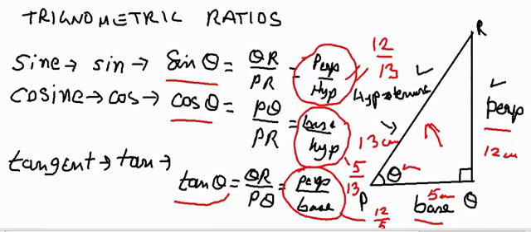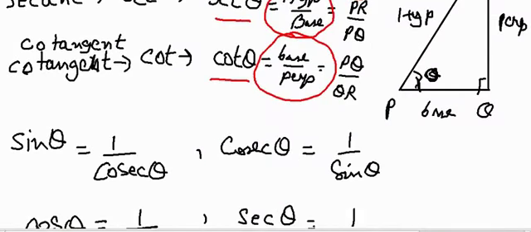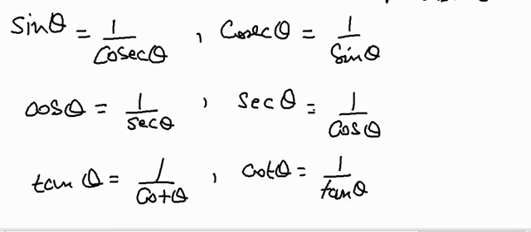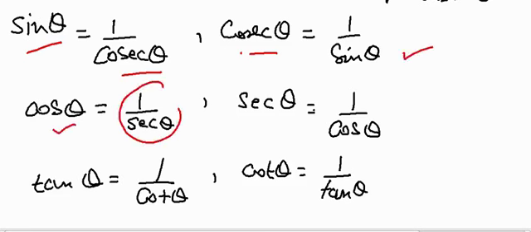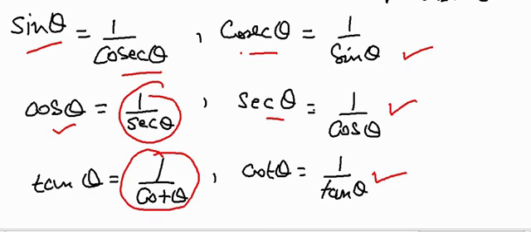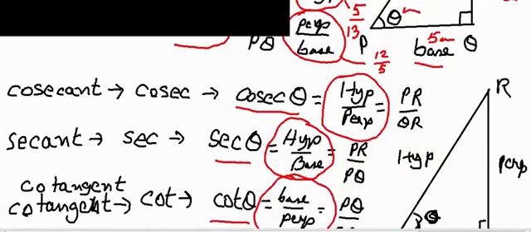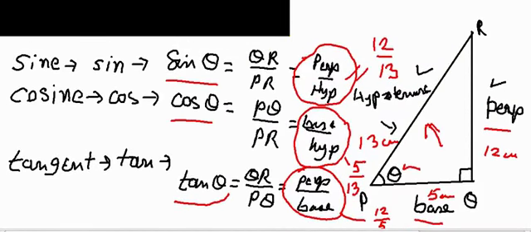And then again we also have studied the reciprocal relations. Just revising, sine theta can be written as 1 by cosec theta; otherwise cosec theta is also 1 by sine theta. Cos theta can be written as 1 by sec theta; similarly, sec theta can be mentioned as 1 by cos theta. And tan theta can be written as 1 by cot theta, and cot theta can also be written as 1 by tan theta. So this is a very beginner's introduction to trigonometry in a right angle triangle.